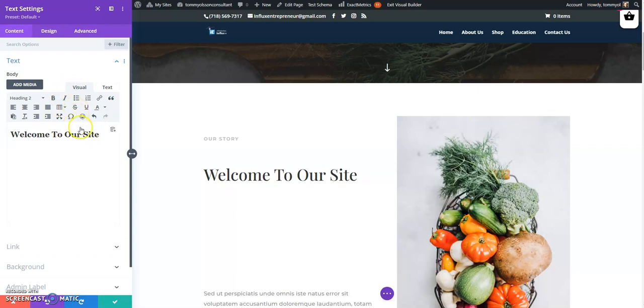And when you are satisfied with how it looks, you just click on the green button with the arrow there.